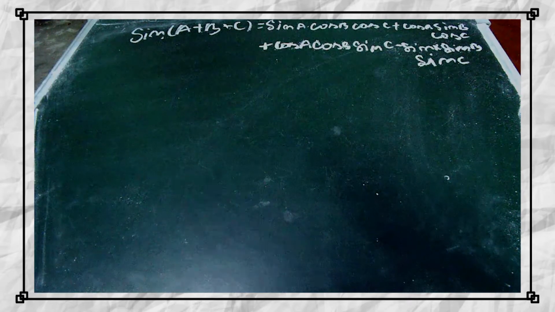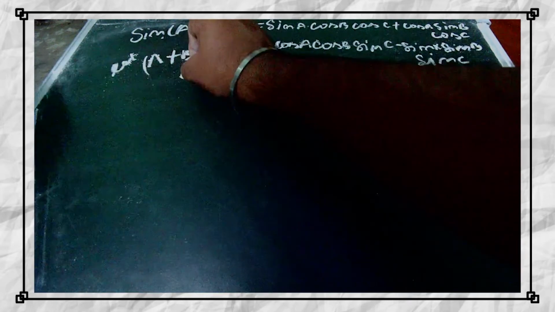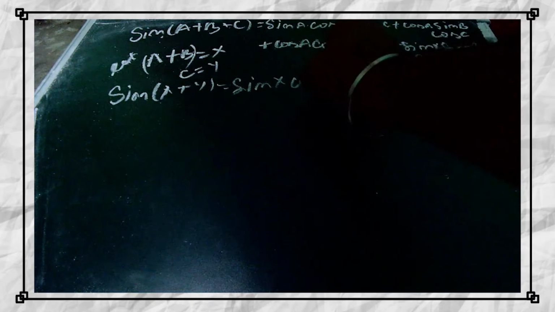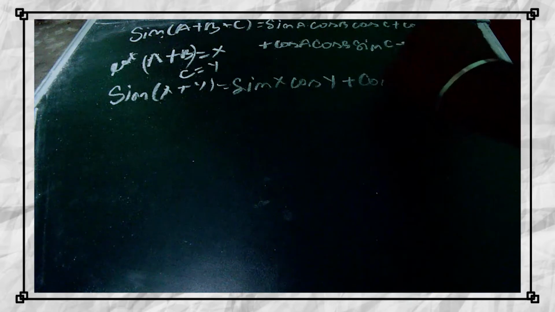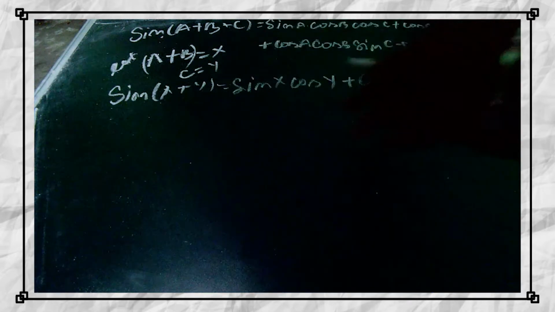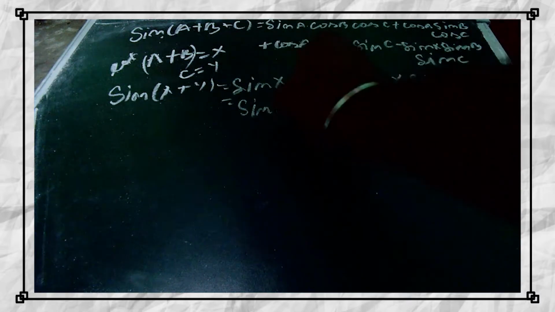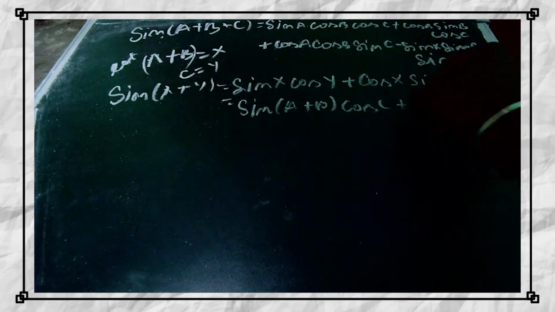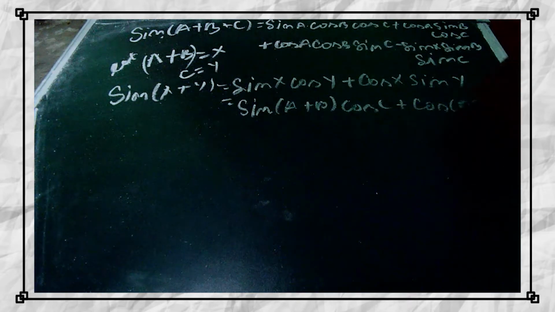So what we will do is let A plus B equal X and C equal Y. So we will apply the formula for sine of A plus B here. So sine of X plus Y will be equal to sine of X into cos of Y plus cos of X into sine of Y. So we'll now put the values of X and Y. So sine of A plus B into cos of C plus cos of A plus B